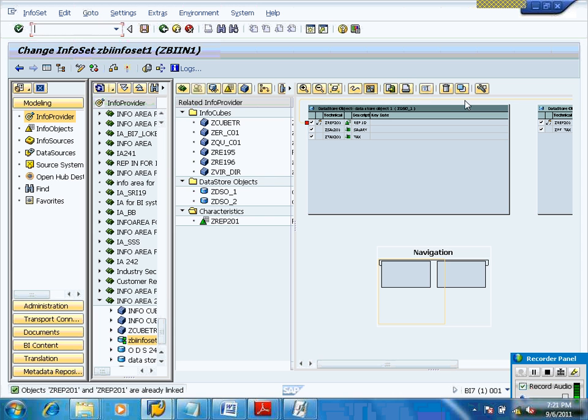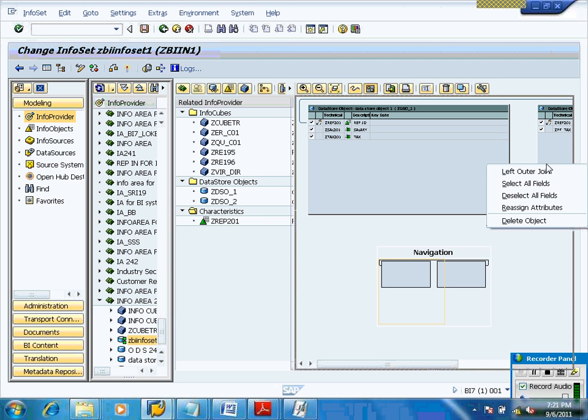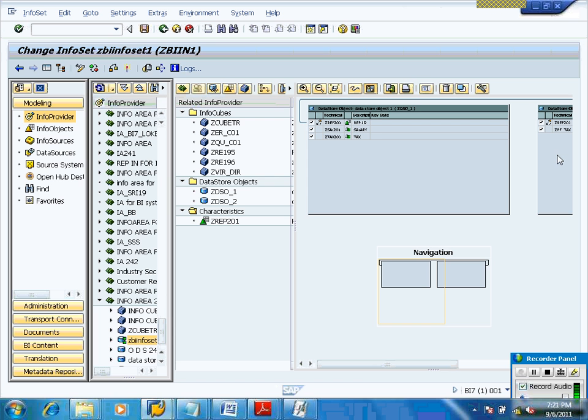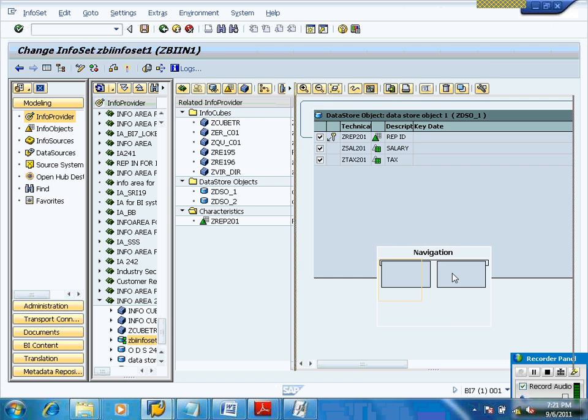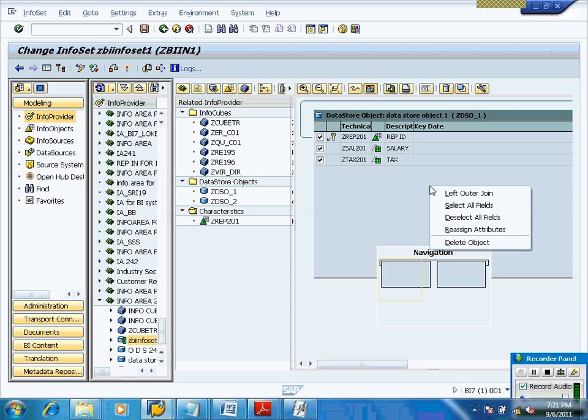You already used it. Then right click this one. You need to right click the table. Table in the sense DS4. You need to right click this one and you need to select left outer.